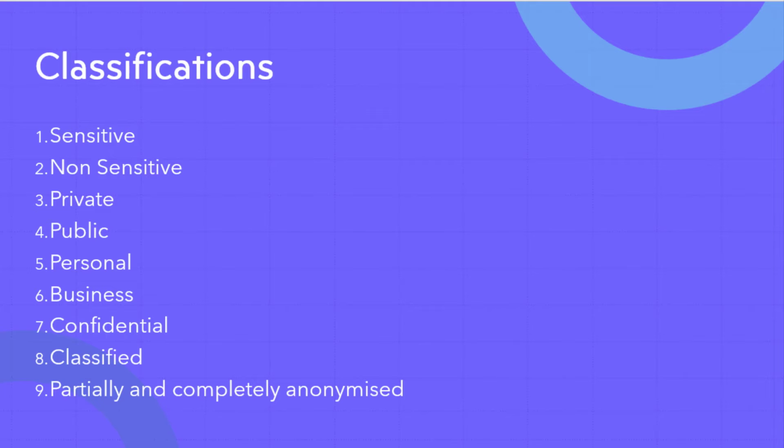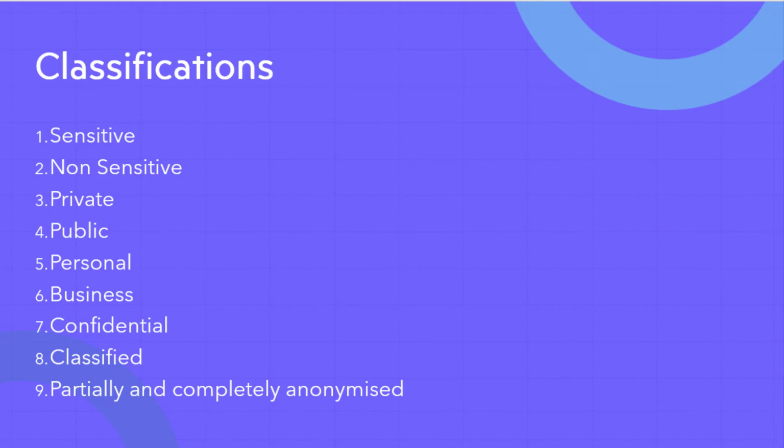Public data is information about the government and other publicly owned organisations such as schools and the NHS and things like that. Personal data is data about you and I, and it's about things like individual phone numbers. Business data is information about general businesses such as annual sales figures or staffing numbers. Confidential data is private information that should be kept private. It's a higher degree of restriction than sensitive information, so a report about the needs of an individual student in a school would be confidential rather than sensitive. Classified is public information that should be kept private, such as an NHS patient database or national security information.